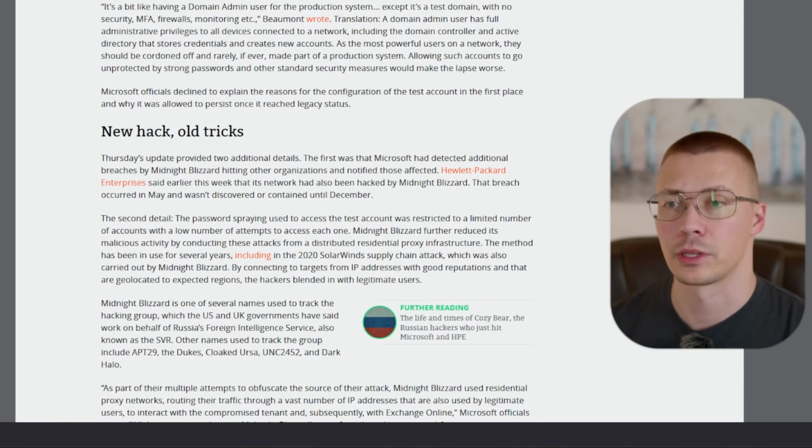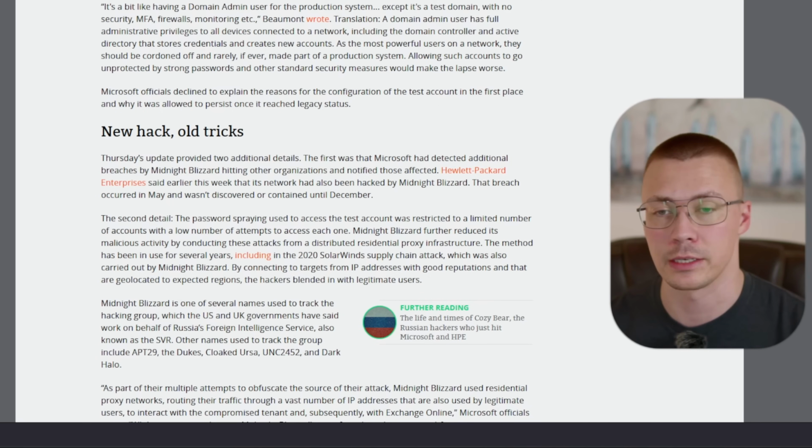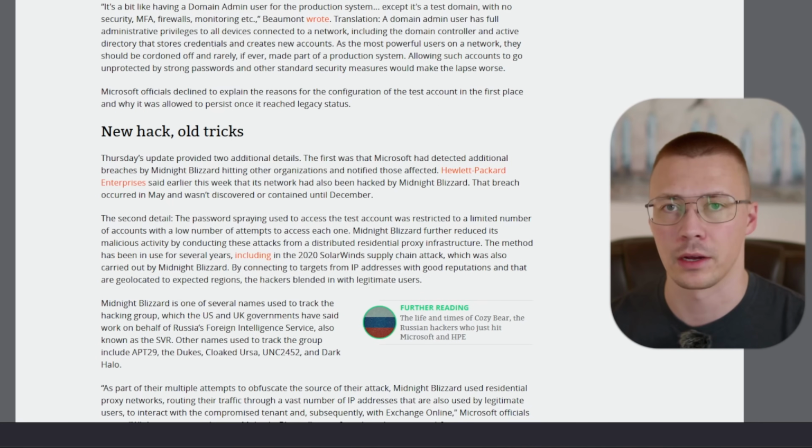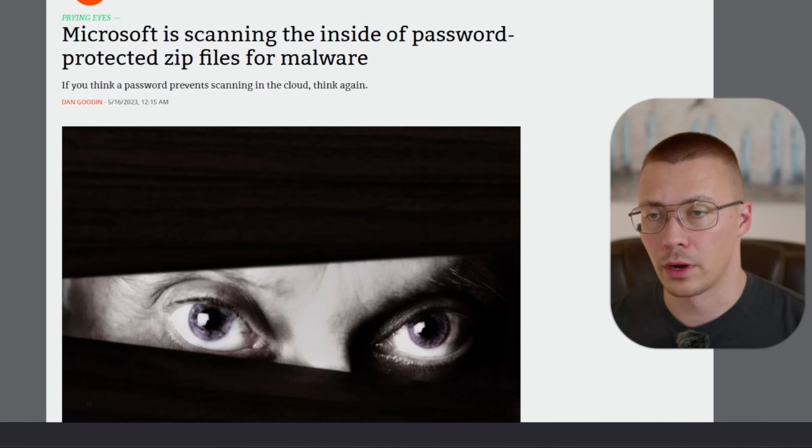It sounds like that's what they were looking for, so I don't know if they copied everyone's emails that they had access to, because they had access to the entire Office 365 emails. So anyone that uses Microsoft Outlook, the cloud service, means that the Russians had access to all of their emails. So we don't know if any of those emails were copied or anything like that, but this is a very